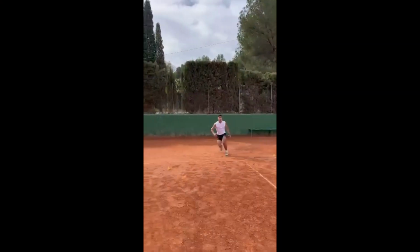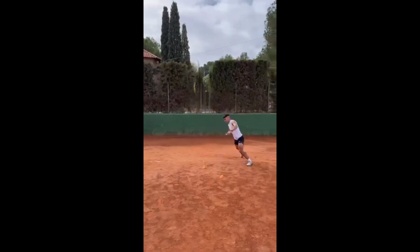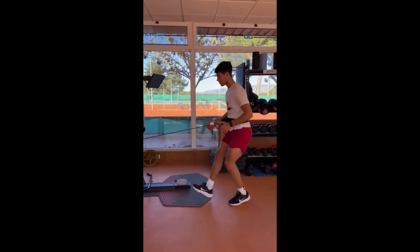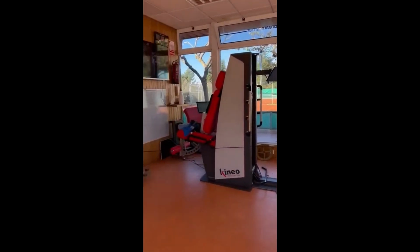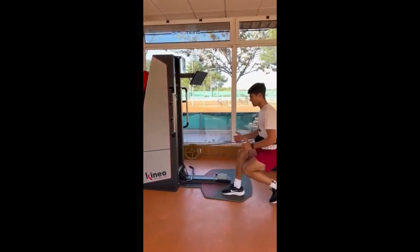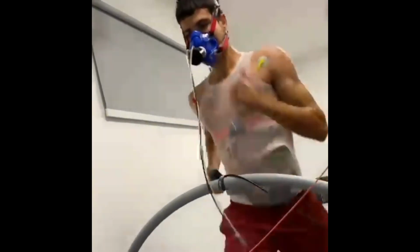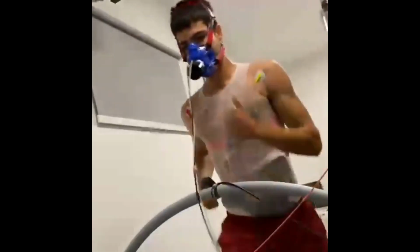Want to learn how to move with that kind of speed and intensity? Stick around for the full video and discover the drills and techniques that make Alcaraz a force of nature on the court. Ready to turn your feet into lightning? Here is how. One of the key elements of his training that contributes to this explosive speed is his use